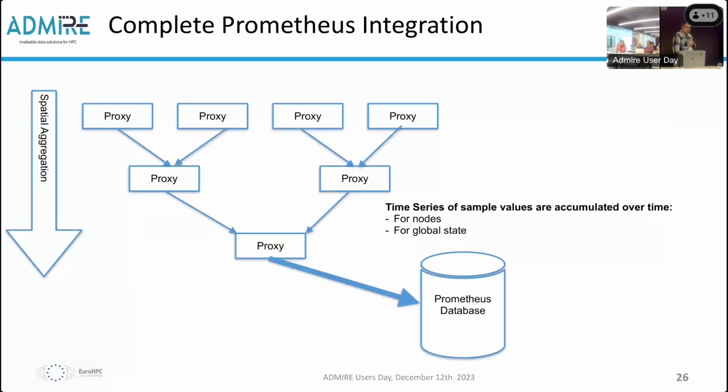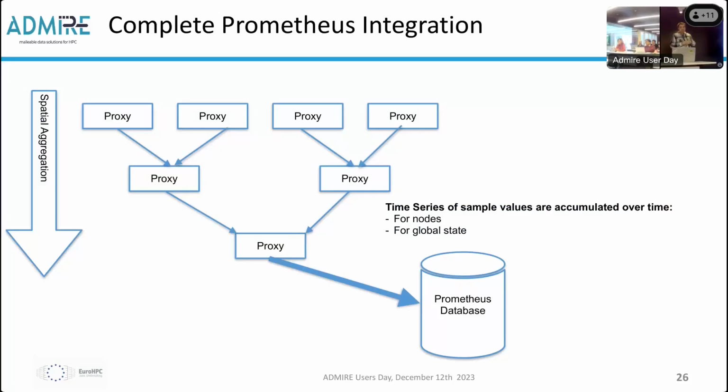I wanted to mention the Prometheus integration. As I mentioned, we have a tree-based overlay network with limitless, and we can feed a Prometheus instance. It is the regular Prometheus instance which predated the project. But we have to scrape only the root proxy, because the metric proxy itself provides a /metrics endpoint, which can be scraped by Prometheus.